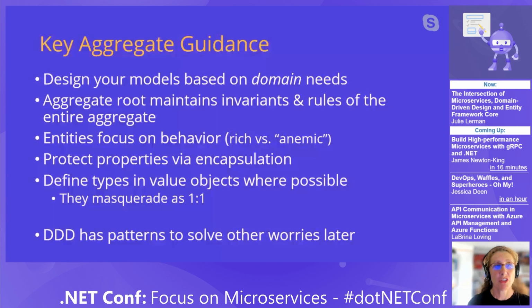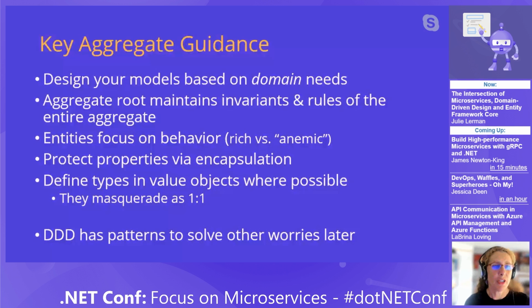So when we're designing aggregates, this is important, right? Because this is where the idea comes in of, if we don't care about data persistence, then how is the data going to get persisted, right? So what is it that we do care about? What we care about is that you're designing your models based on the needs of the business, the problems you're trying to solve. And it's probably an old joke coming from me now, but unless you're designing the next OneDrive or the next Dropbox, data persistence is probably not your core domain. So that's not your business problem.